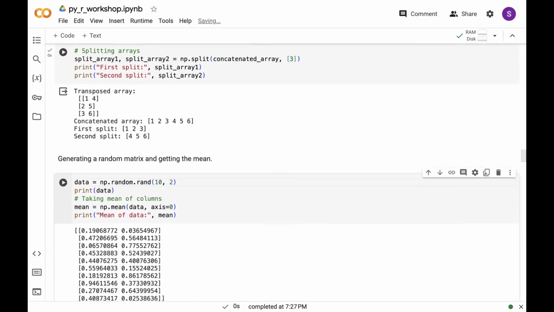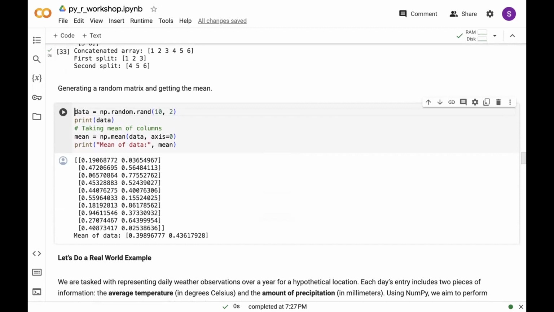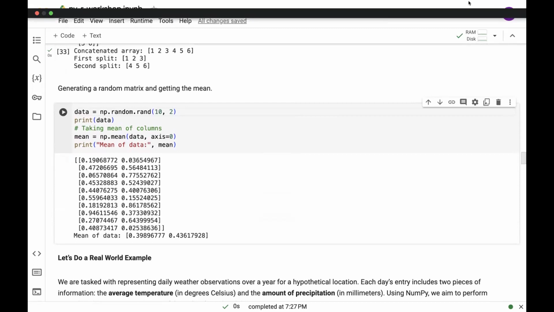Next, we're going to cover how to generate a random array of numbers for you to do some possible statistical analysis with. The way to do that is by calling np.random.rand and specifying the amount of rows and columns. So in this case, we're telling it to make 10 rows and 2 columns of random numbers and put that into data. And following after that, we want to find the mean of this random data, which we can do by using our np.mean command,